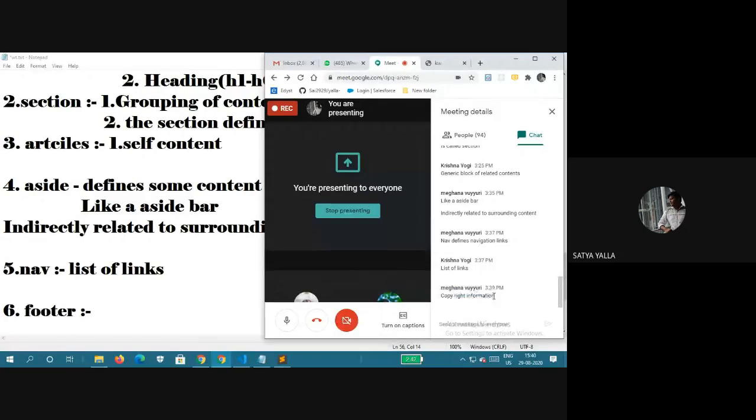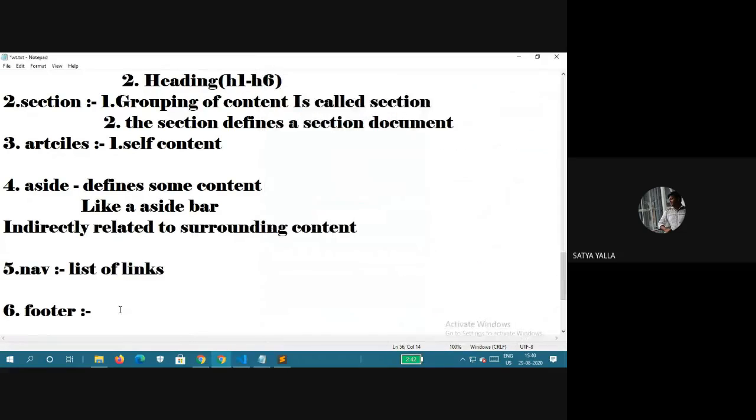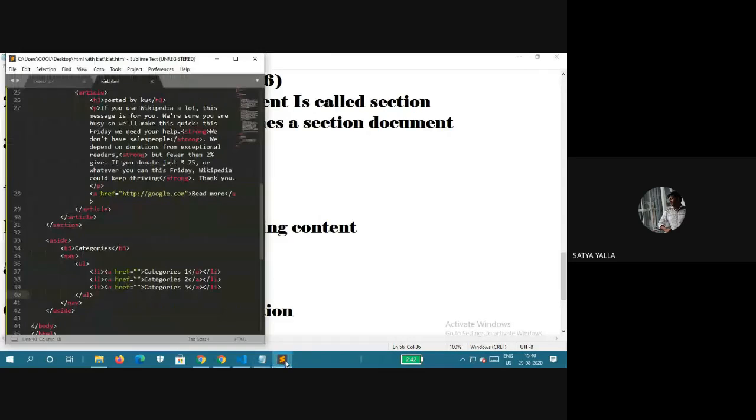That is the one-word answer for the footer. Footer is nothing but the bottom part of your web page. It's nothing but the copyright information. Yes, good. Just see here.